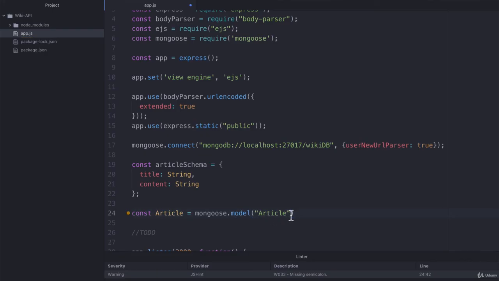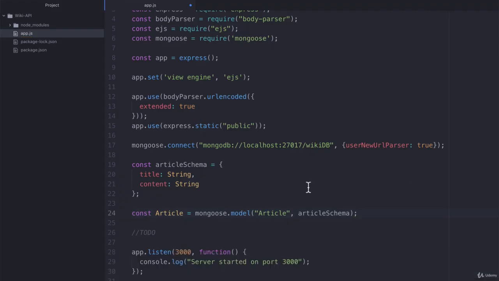And then all we have to do now is to just specify that schema, which we called articleSchema. And now we're going to cap it off with a semicolon, and that is us done. So we've set up our connection to our MongoDB, we've created our article schema, and we've created our article model